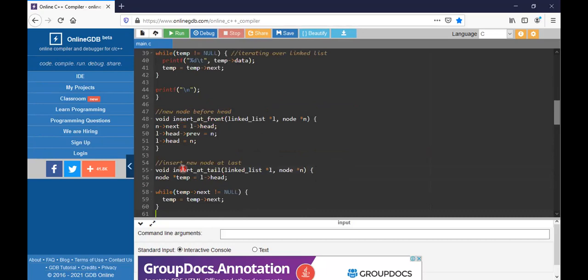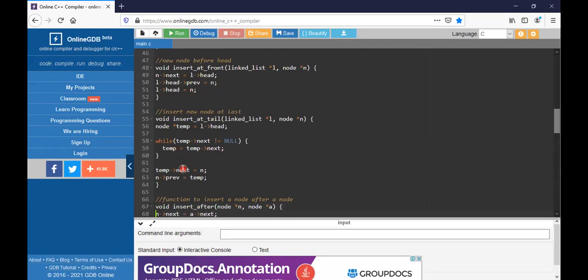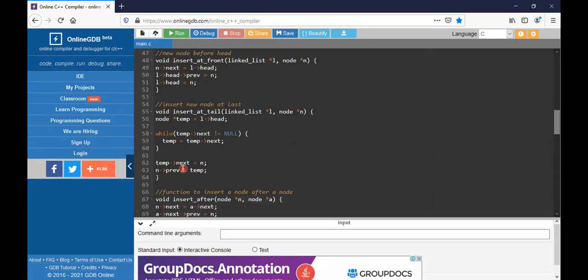If I am going to execute, there are 3 types of insertions: at front, at tail, and after that one. So here, if I want to insert the node at the front, I need to take the next head value to the processing and then the previous one to the n and then head as n.